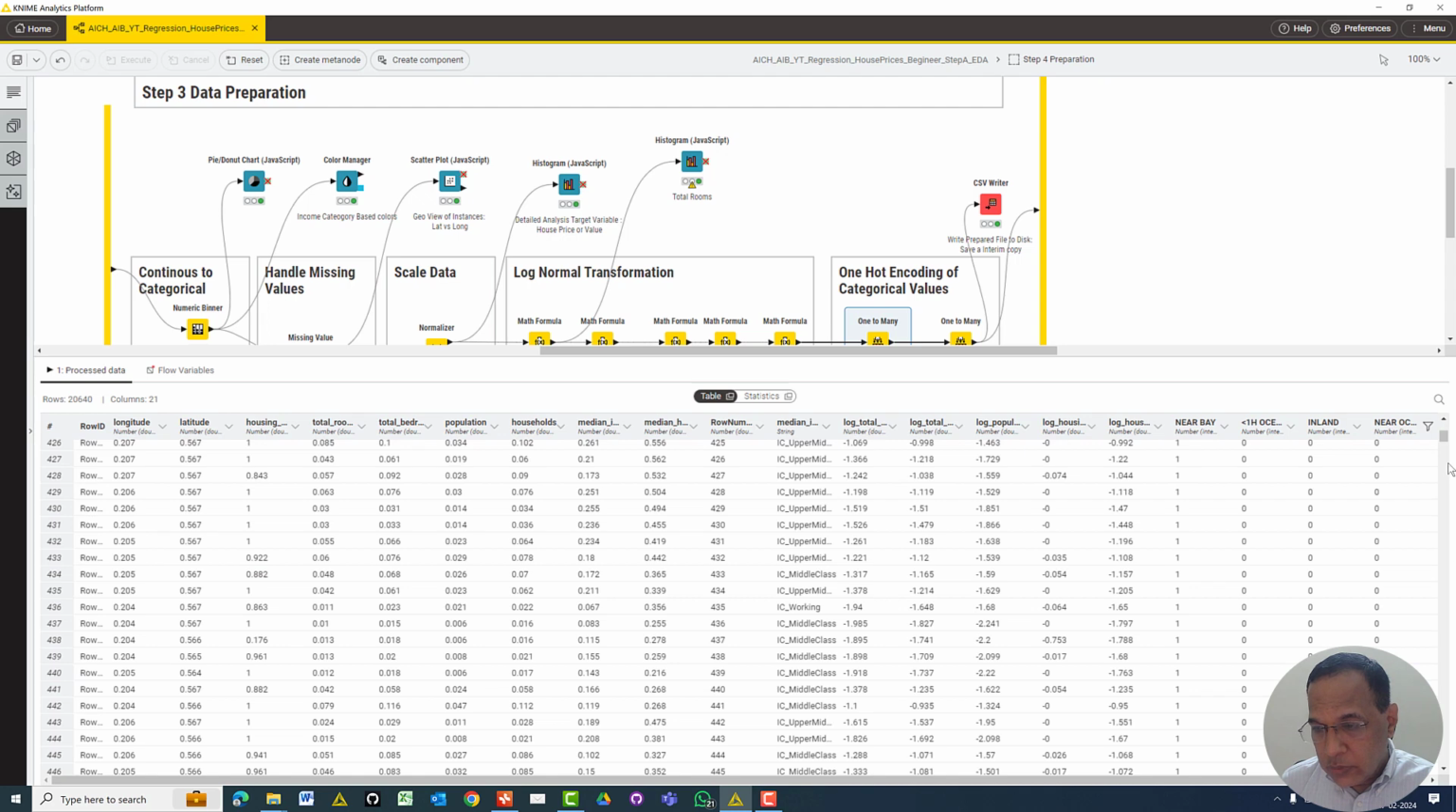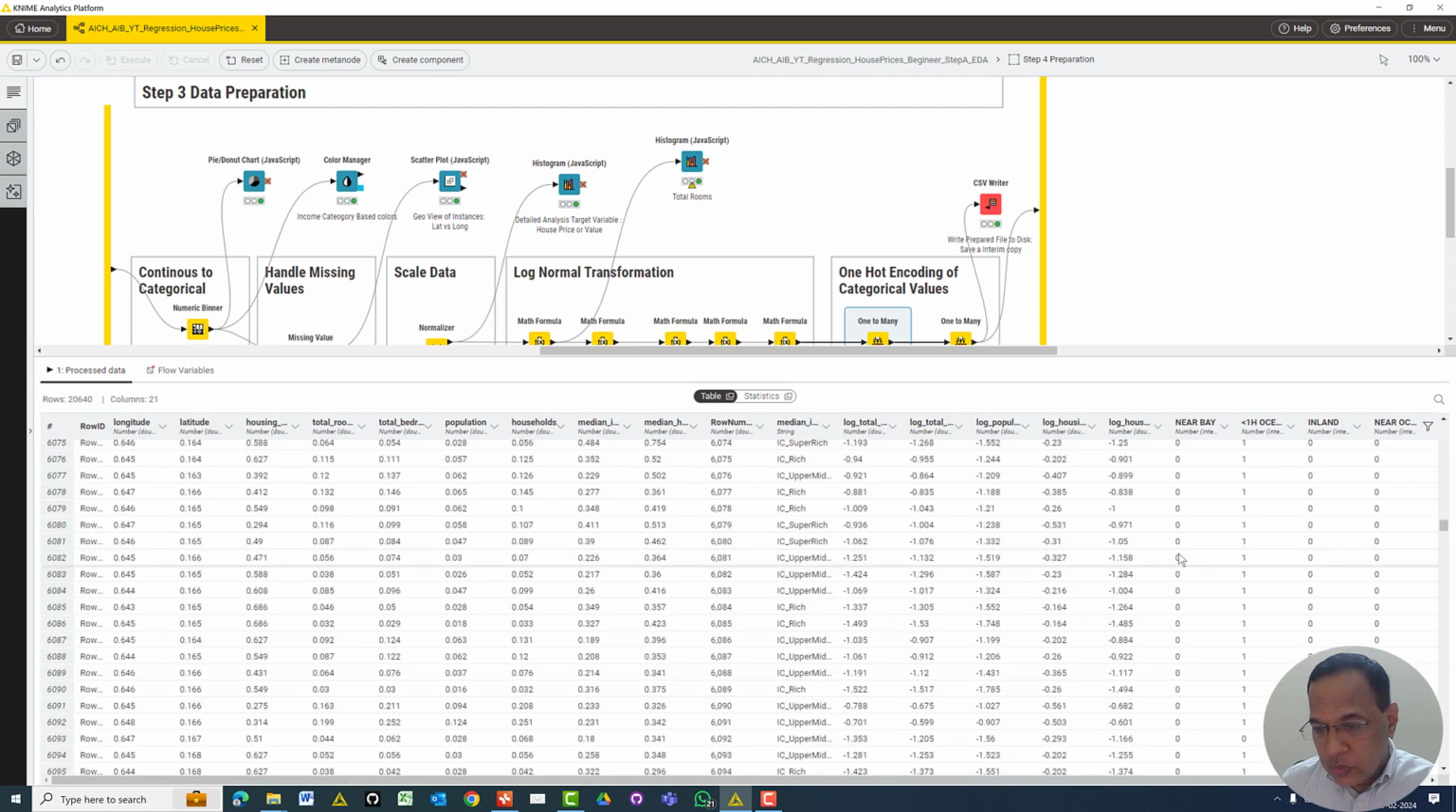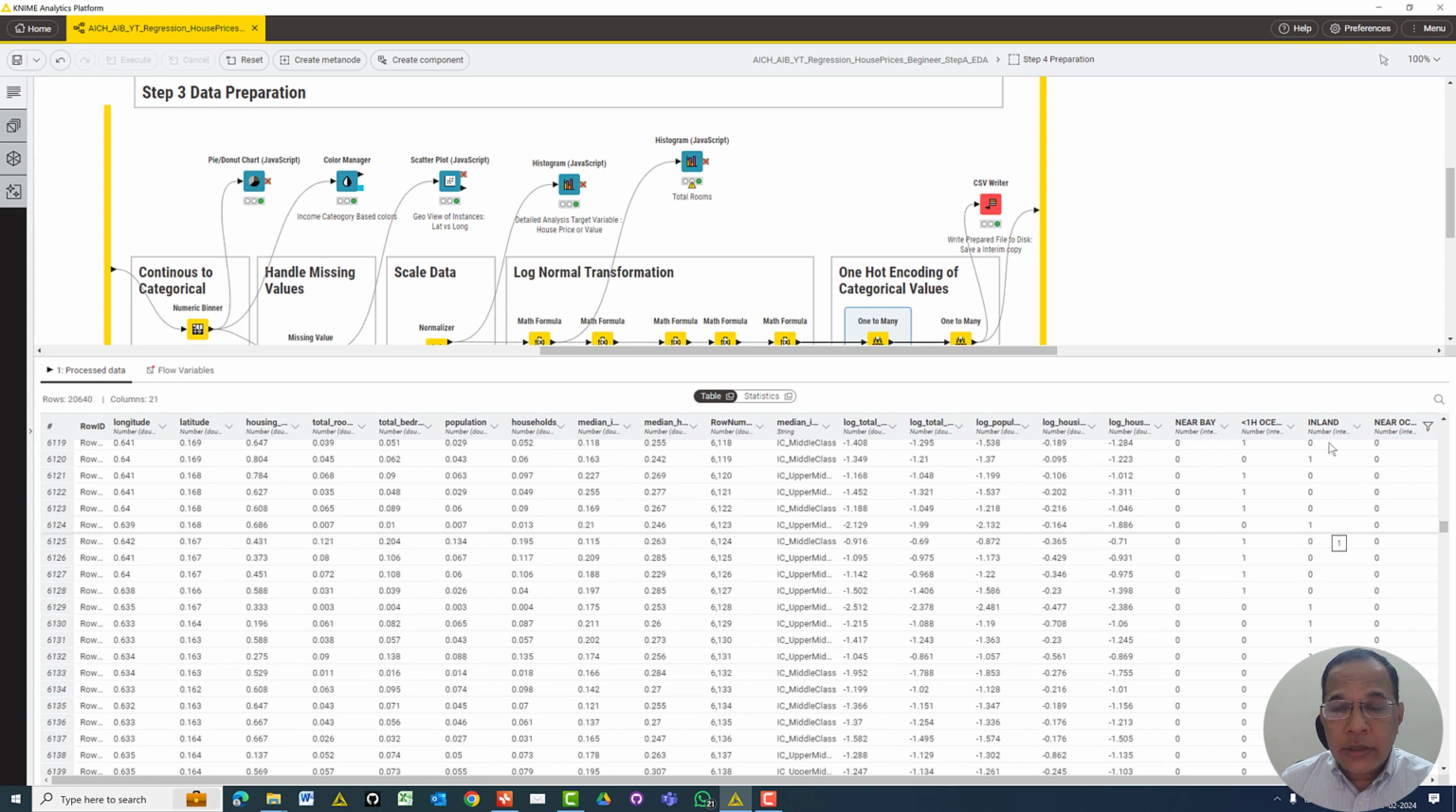Now our data seems to be sorted, right? Let me just go down here. So now these rows are probably houses next to the ocean or something like that, but they are not next to the bay, right? So these values are marked as 1 against the category of near the ocean, and inland is another category. So the set of rows which had that as a category will be marked with that. The other values are marked as